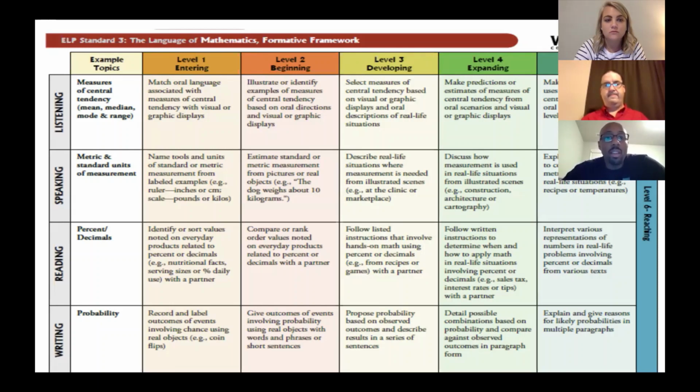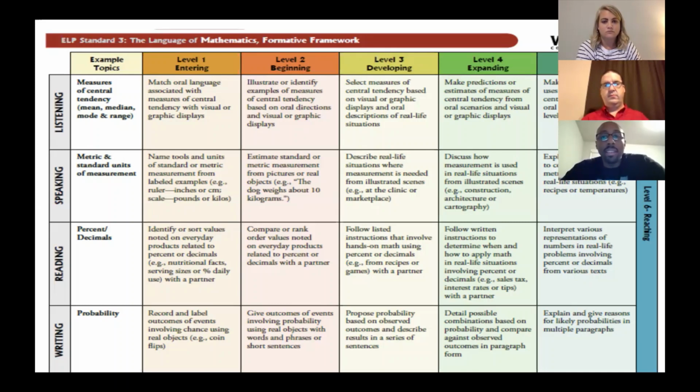So as this unit can go by fast, you can go in the beginning level, which is level 2, and you kind of understand a little bit more, and you estimate the standard or metric measurement from pictures or real objects, and you understand the dog weighs this amount or I weigh this amount, and that can help from pounds to kilos. But when you get to level 3 and level 4, you're trying to use them in real